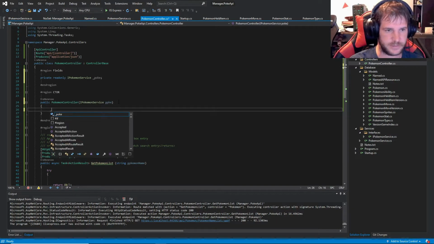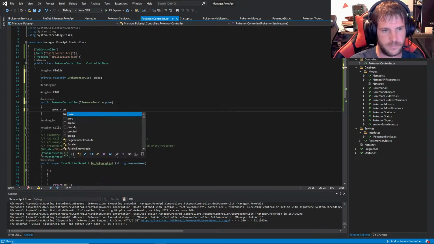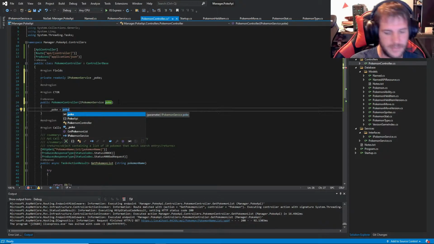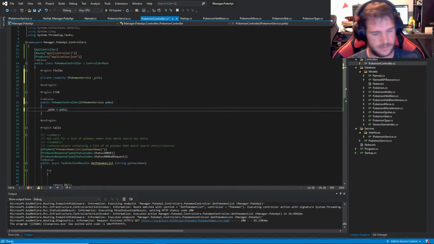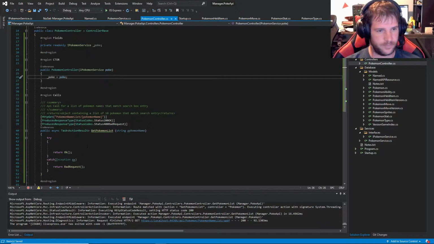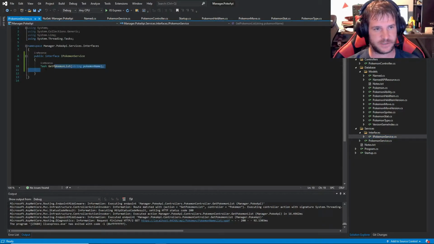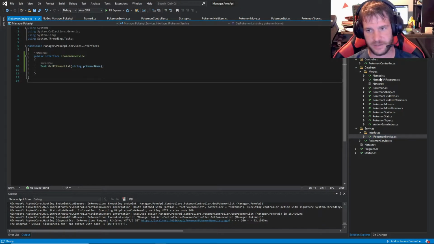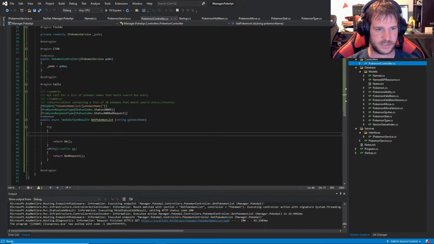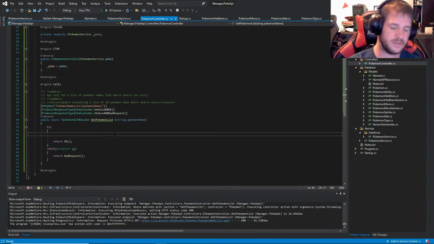Assign them to each other. So what I did is I created this interface that implements this function out of the service, and then I can use that, the injection, to call that. So what I'm going to do is